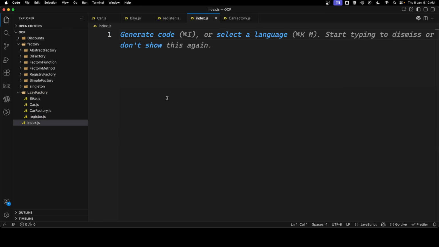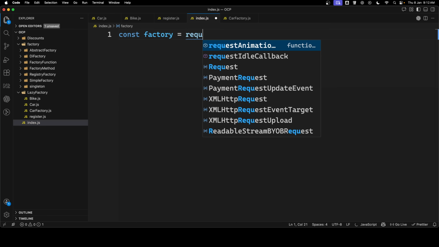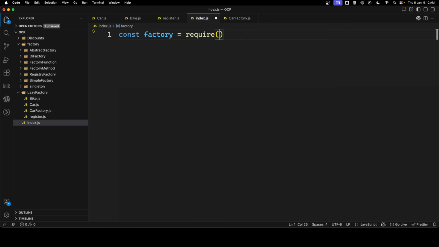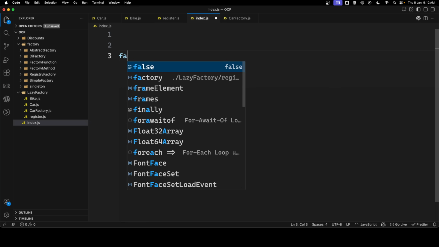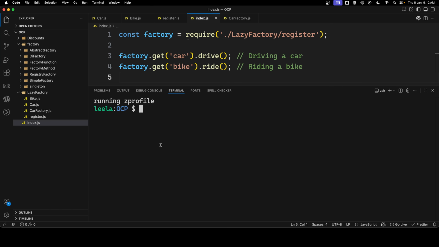Okay. And here const factory is equal to require of, not this one, car factory. This is what I can do, let's try to get the factory. So this is the factory.get of .drive. So here I can use it something like this. So now if I try to execute the same thing,